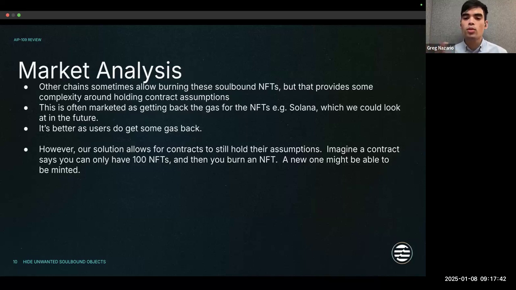So as I mentioned before, some of the market analysis is that other chains will either have wallets where you can hide the NFTs, specifically ones that are soulbound that you don't want, or scams, or you can send them to someone else depending on whether it's soulbound or not. In this case, I'm worried about the soulbound ones, so I wouldn't be able to send it to somebody else. And some other chains allow you to burn the NFTs to regain the costs, but that does cause